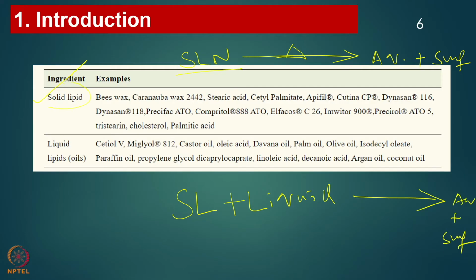So these are the examples of the solid lipids. We know all these: beeswax, carnauba wax, stearic acid, cetyl palmitate. So all these are the solid lipids which are solid at room temperature. Whereas liquid lipids come in a liquid form. So these two things we need to mix and convert into the emulsion. So these are the two major components we use in the preparation of the NLCs. Now these are the examples which we can use